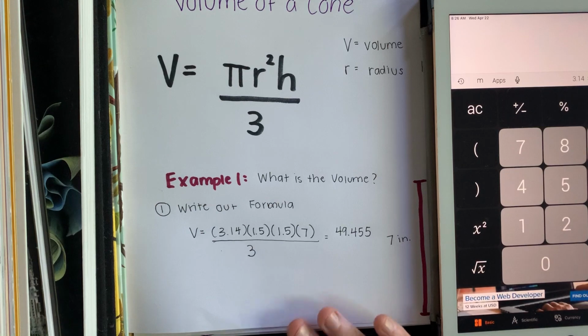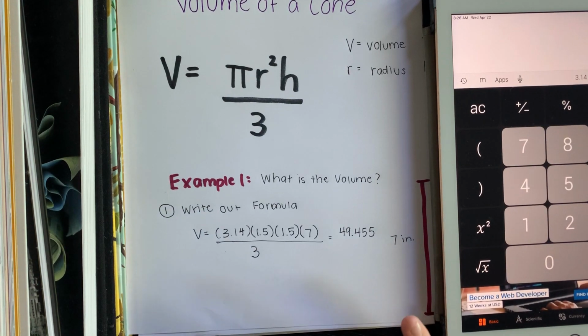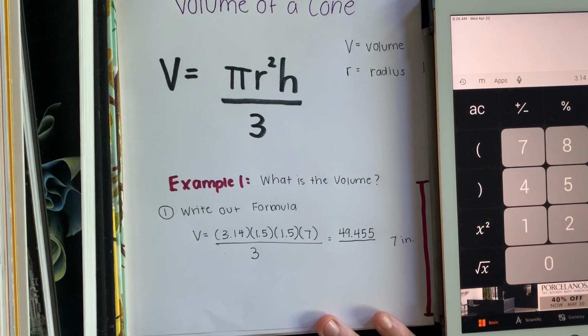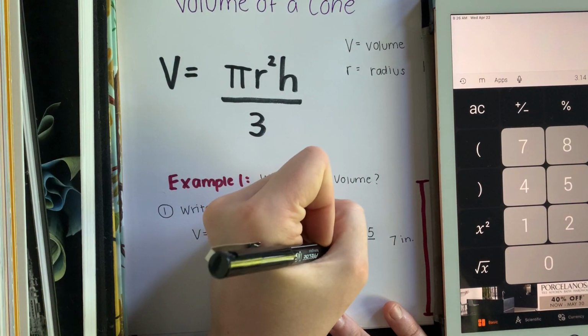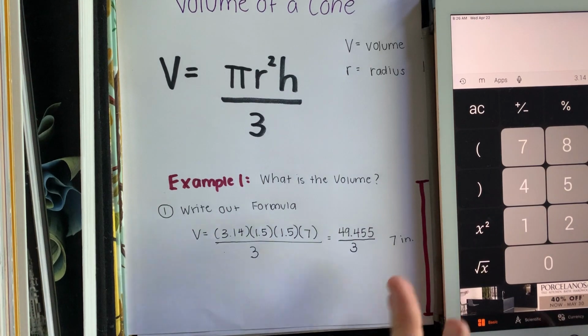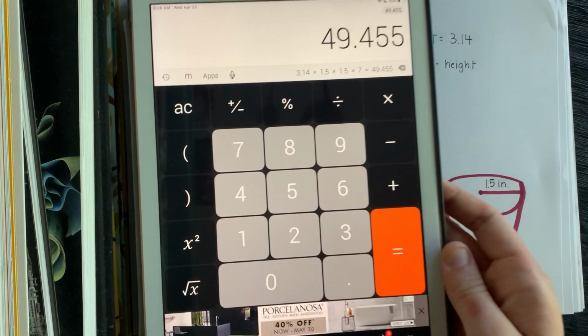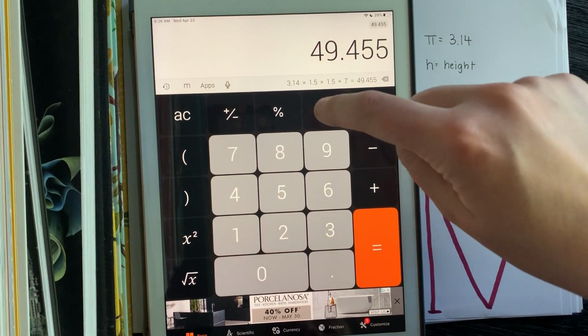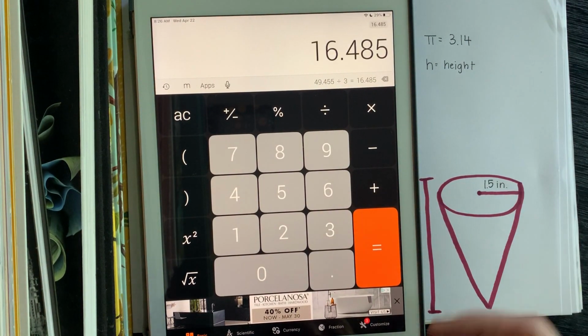okay, so for this one, I got 49.455. I'm writing that down just because I've been doing these problems for a long time, and I know myself, and sometimes I mess up because I lose it on the calculator, or I press a random button, and it's always good to write it down. So I got this, and my answer's not done yet. I still have to divide it by 3. So a cone is 1/3 of the size of a cylinder. So I'm going to do divided by 3. And I got